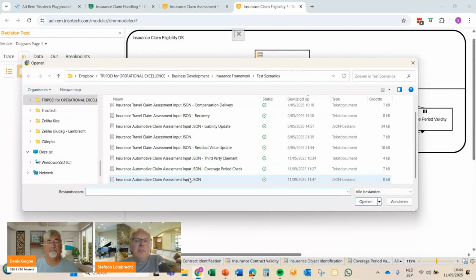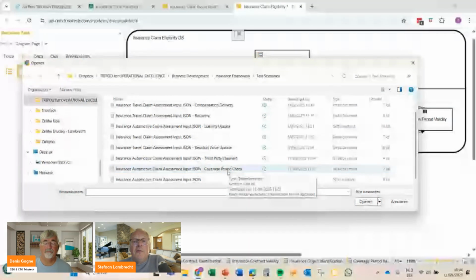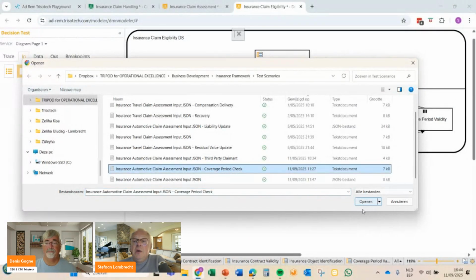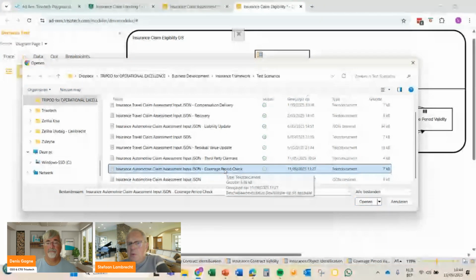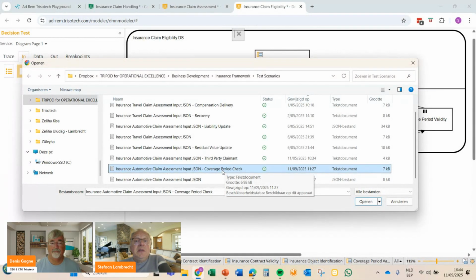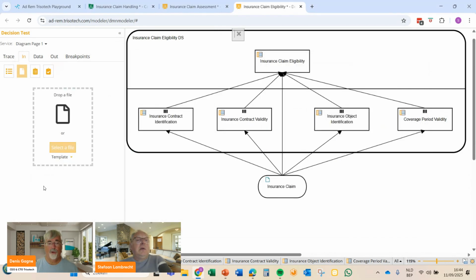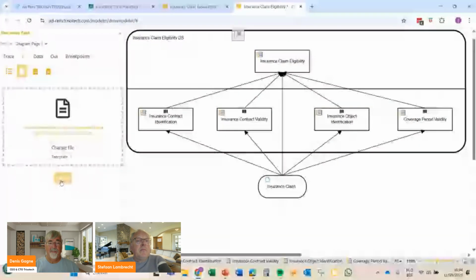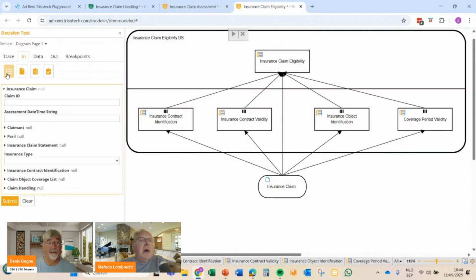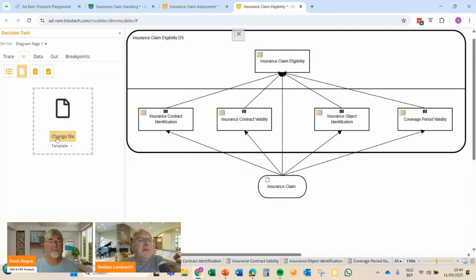I prepared some test scenarios. And here I've got a test scenario about a coverage period check. And I put in that scenario, and we will see it later also, to see what happens if the coverage period is not okay. So you're doing this within the test environment to make sure that all the logic that you model is as you would expect. Yeah. And what you will see here, I need to...